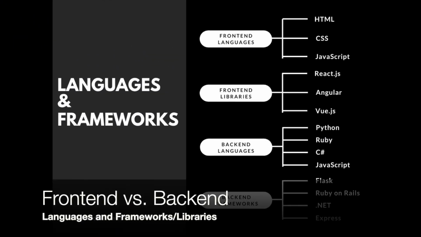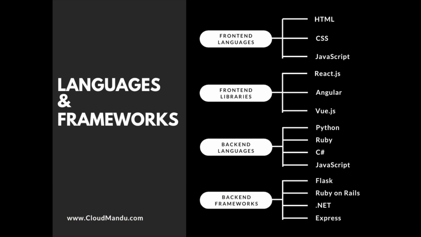Okay, so now you have an understanding as to how they communicate, as well as knowing the differences between front end and back end. Now you may be wondering what languages and frameworks are used in both fields. The languages used in front end development include HTML, CSS, and JavaScript. You can use HTML and CSS to create the UI and use JavaScript to make your site dynamic and make it more interactive. And once you gain more experience, you can use front-end libraries like React, Angular, and Vue, which are the most popular,